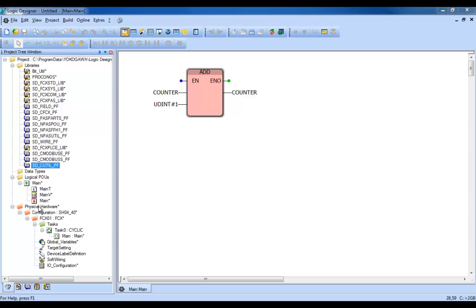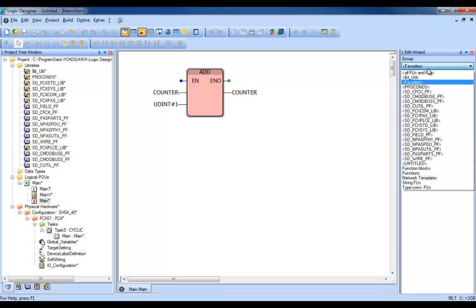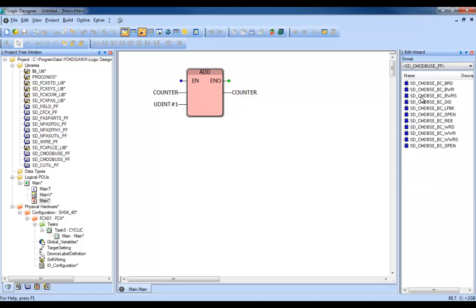Okay, now that it shows up in there, we can open up the library wizard. You can see now in the library wizard you have these new libraries that weren't there before: the CModbus E, CModbus S, and the CUDL. Since we want to use the Ethernet or Modbus TCP library because we want to set up the Modbus TCP server, we select the Modbus E library, and then we look for this BC open and BS open. The BC open is the Modbus client. In this case, we want to select the Modbus server, so Modbus server open, pop that in here,